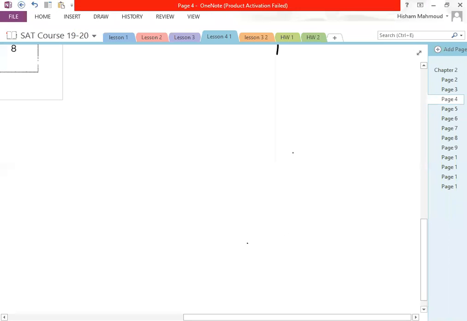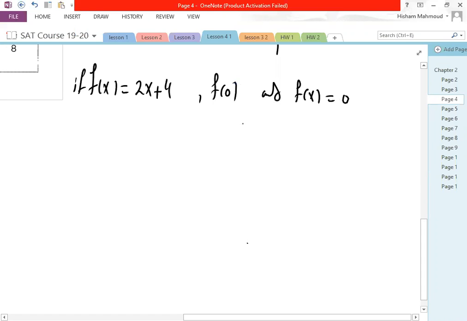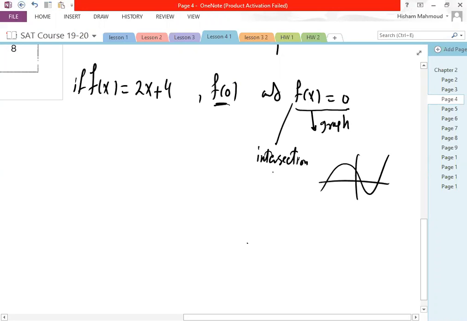Fourth part, for example, if f of x is equal to x plus 4, and I wanted to find f of 0 and f of x is equal to 0. What is the difference? I'm going to explain again. What is the difference between f of 0 and f of x is equal to 0? I want to explain something: f of x equal 0 on the graph, if I give you a graph, for example, like this, f of x is equal 0 means intersection points